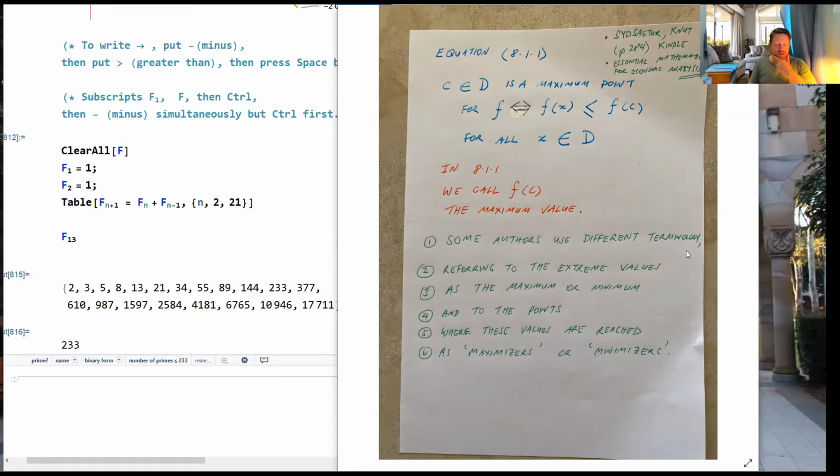So some authors use different terminology. Right, so they have different terminology for maximum point. So this is basically saying you have a maximum point of the function essentially if for all x belonging to your domain, now it could be a region with bounds, the domain D, or it could be infinite, right? So basically, if f of x is less than or equal to,